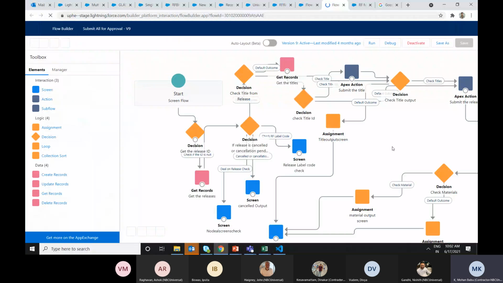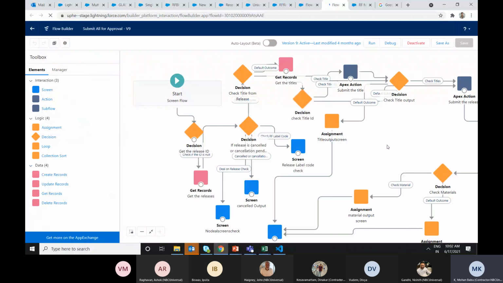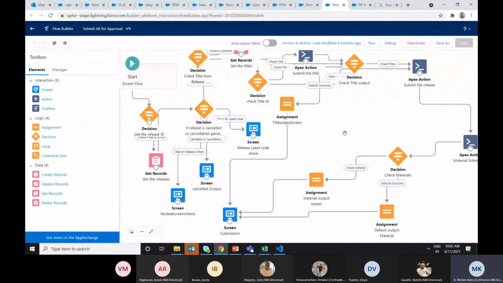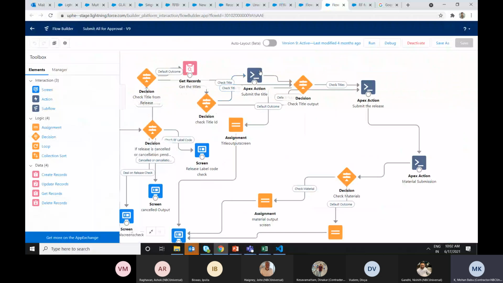If we are not getting any error, then we are submitting the full, I mean, this is a flow which is called to release here. From here, for submitting the title, we call the Apex action. For submitting the release, we call some Apex action.